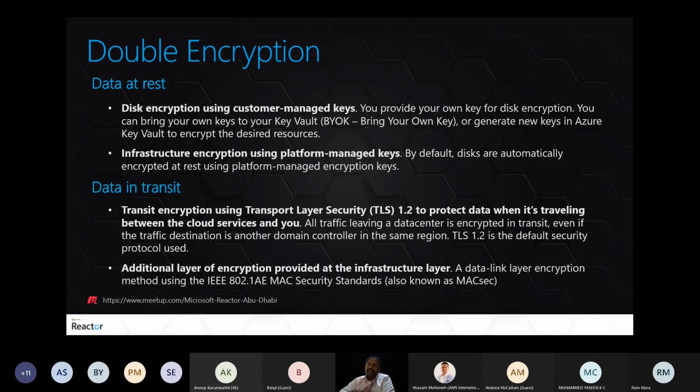On top of that, if you want to enable encryption using your own keys, which are customer managed keys, called CMK, you will achieve double encryption, right? So by default, any disk you deploy is encrypted using platform managed keys. On top of it, we will apply the customer managed keys. That is what we are going to see today, where we apply the double encryption.